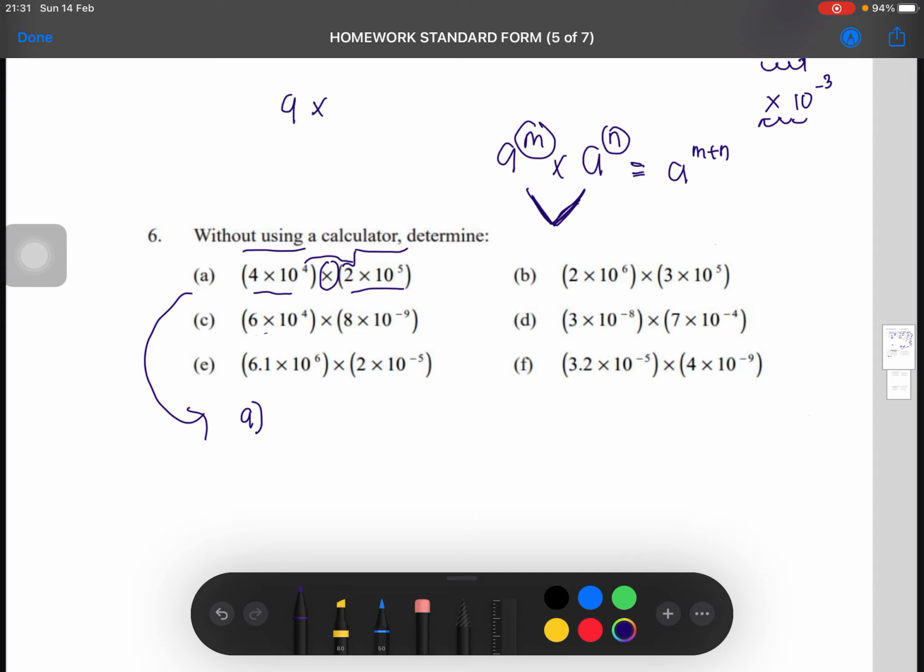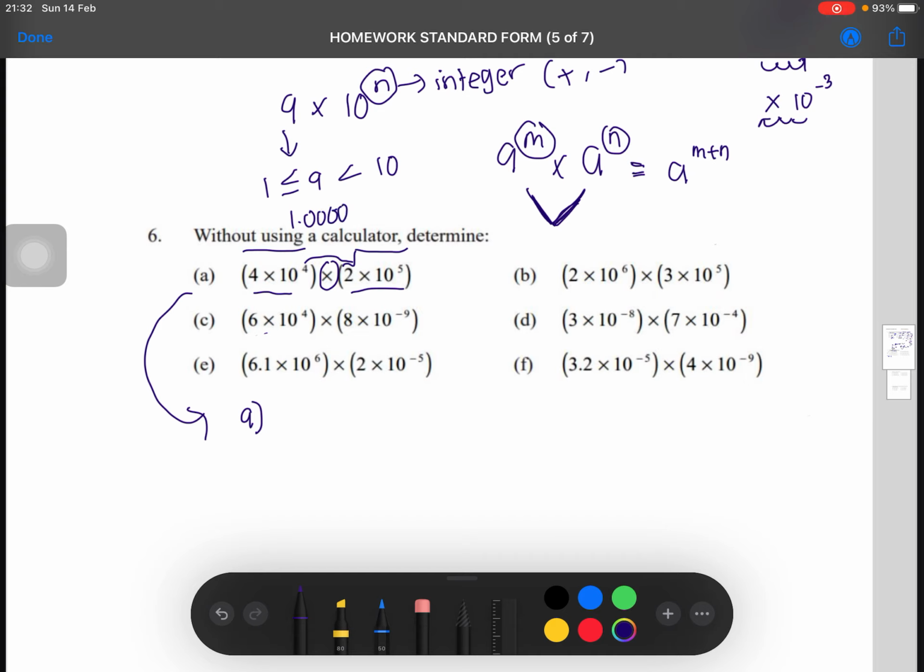A times 10 to the power of n. N, what is n? An integer, either positive or negative. Okay, A, that means the number ranges from greater than or equal to 1 and less than 10. That means A must start from